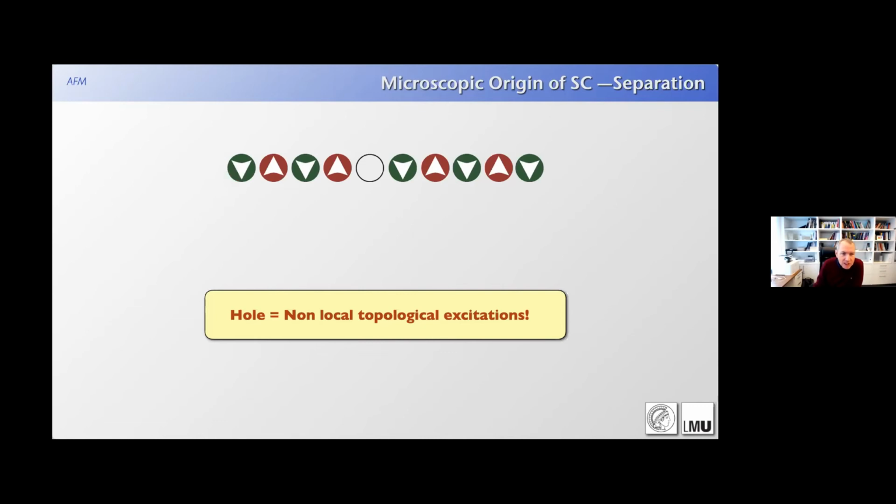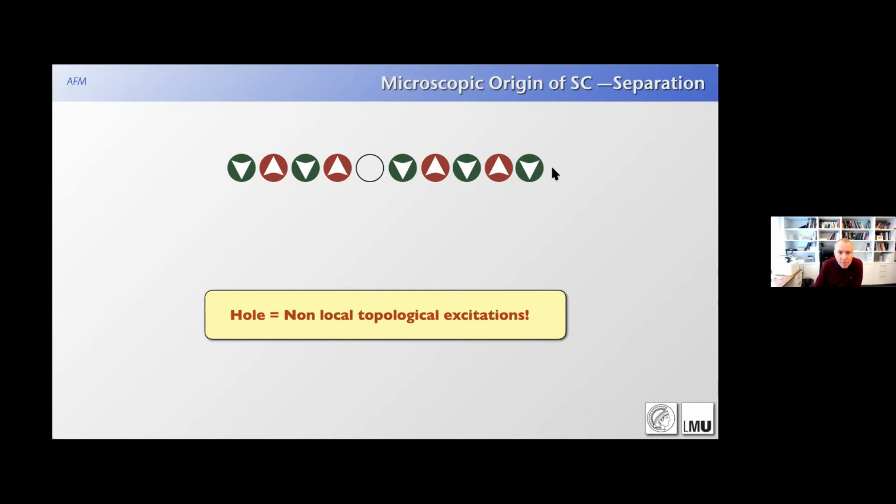Let's imagine we start out over here to the left of the hole with an alignment down, up, down, up, down, up, down, up. Okay, so this type of alignment, and then comes a hole. If the hole would not be there, I would continue here with down, up, down, up, down, up. But now I have a hole here, and we know in the ground state of the system, the hole wants these two adjacent spins to antiferromagnetically align. So I go on here, actually not with up, down, up, down, up, down, but I continue with down, up,